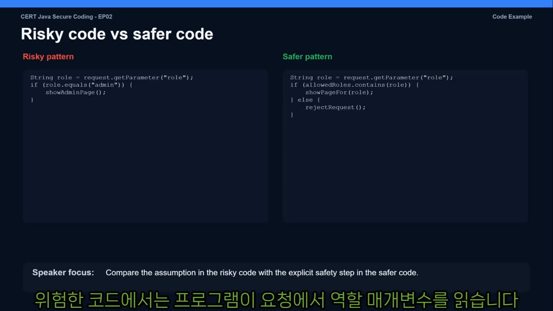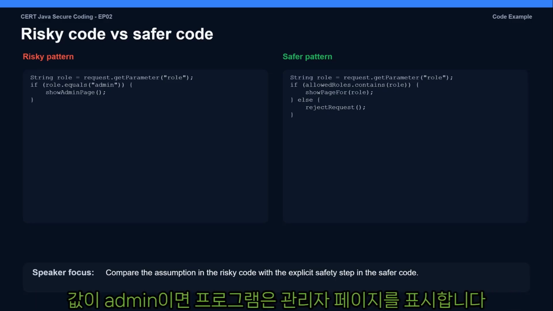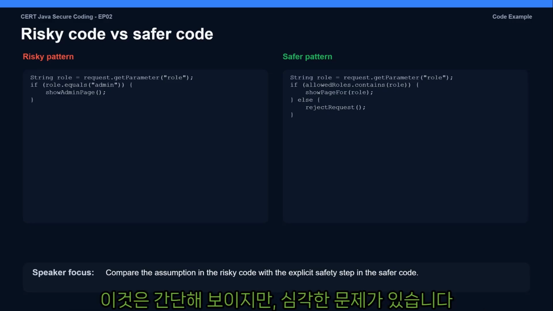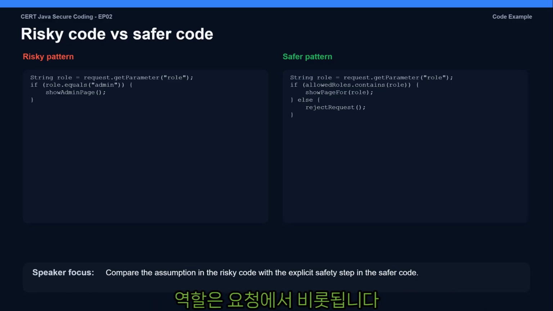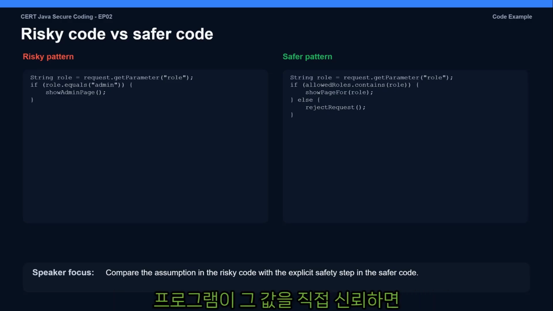In the risky code, the program reads the role parameter from the request. Then it checks whether the role equals admin. If the value is admin, the program shows the admin page. This looks simple, but it has a serious problem. The role comes from the request. That means the user may be able to change it. If the program trusts that value directly, a user may send role equals admin and reach a page they should